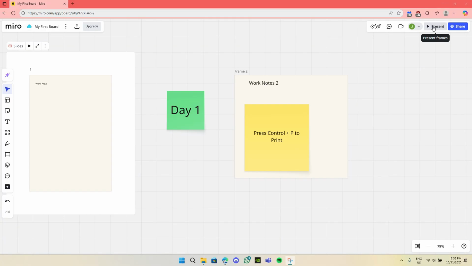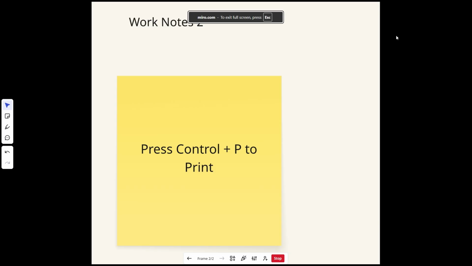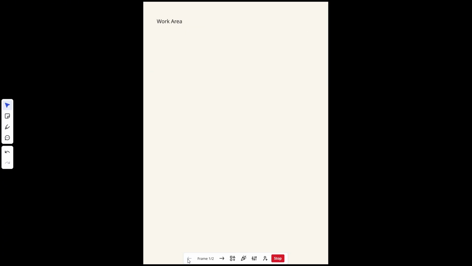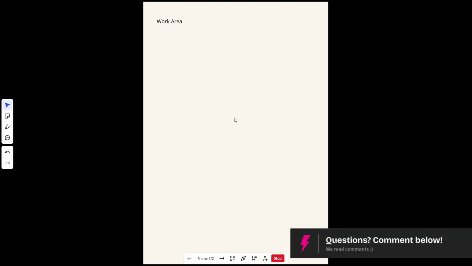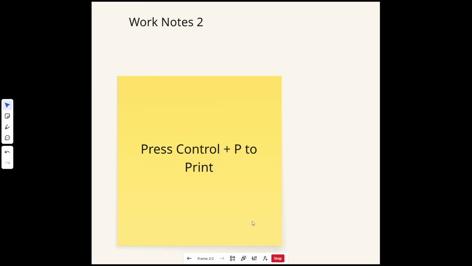Now, to start presenting, go to the top right corner of your screen and click on the Present button. This will immediately switch you to presenter mode where you can view and navigate your frames like slides in a presentation. On the left side of your screen, you will notice a small menu that contains helpful tools and settings